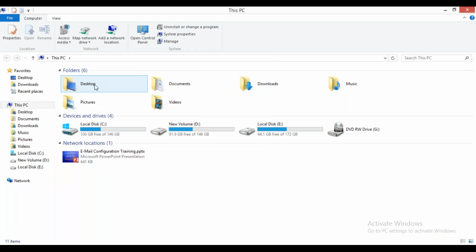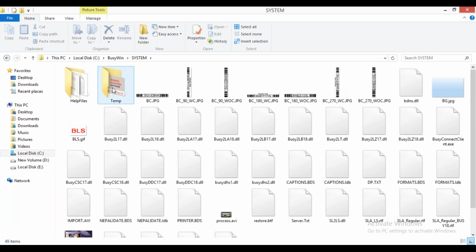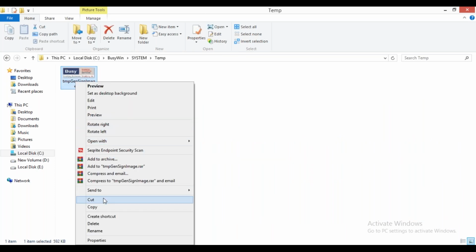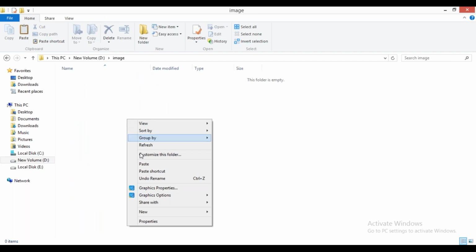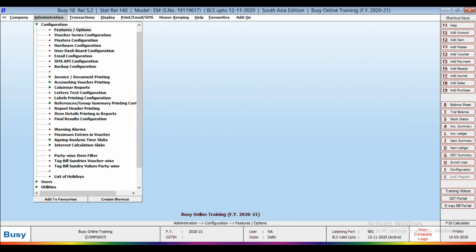First I have checked whether there are images or not. Now I have changed the name. Just do one thing: copy this image to a different folder, go to D drive, make a new folder named image, and paste here, and change its name like rohan.jpg. Okay. Now again go to feature and option, accounts,